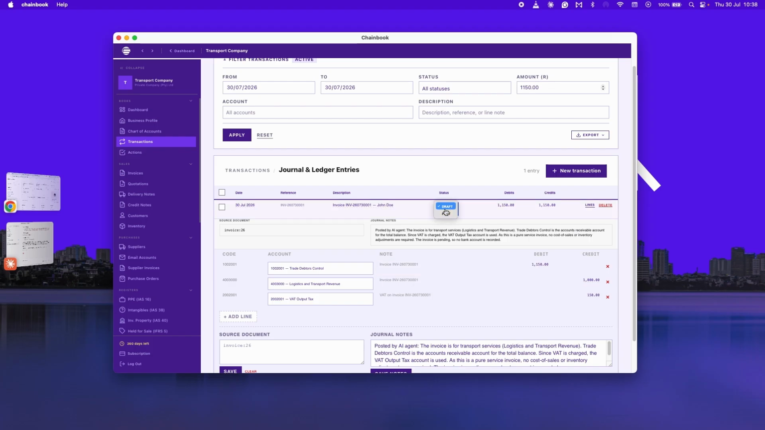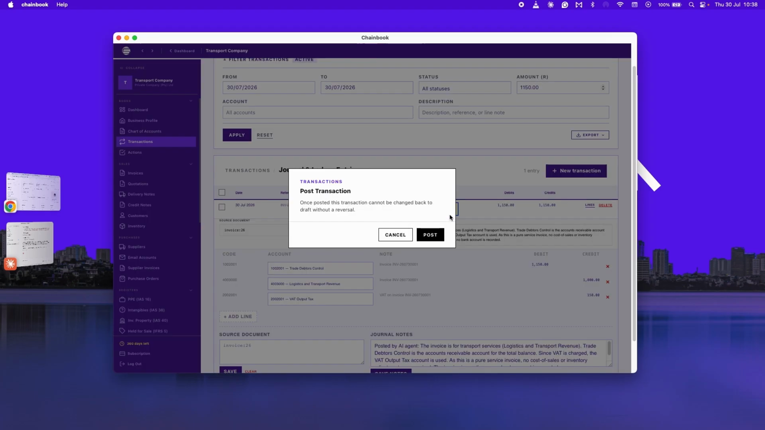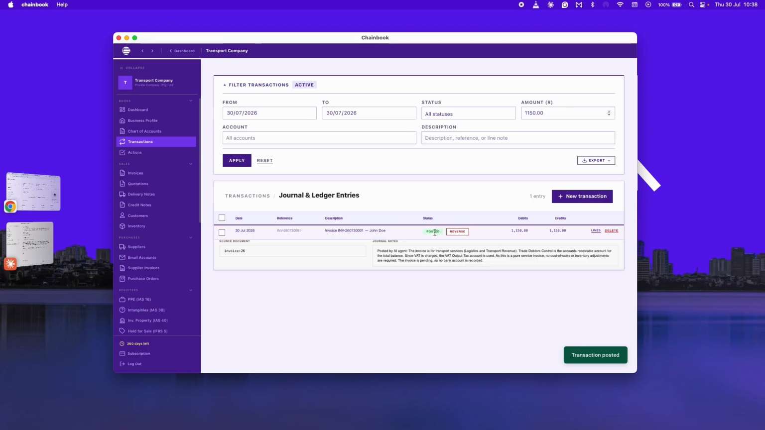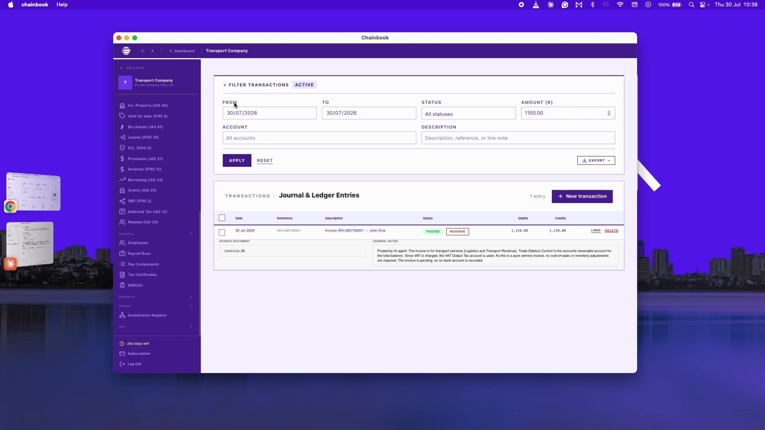Then what I can do is take this journal entry, then I'm going to say post. Then when I say post, it means that I've reviewed and approved the journal to be posted. Meaning that now, if I'm going to go to the,